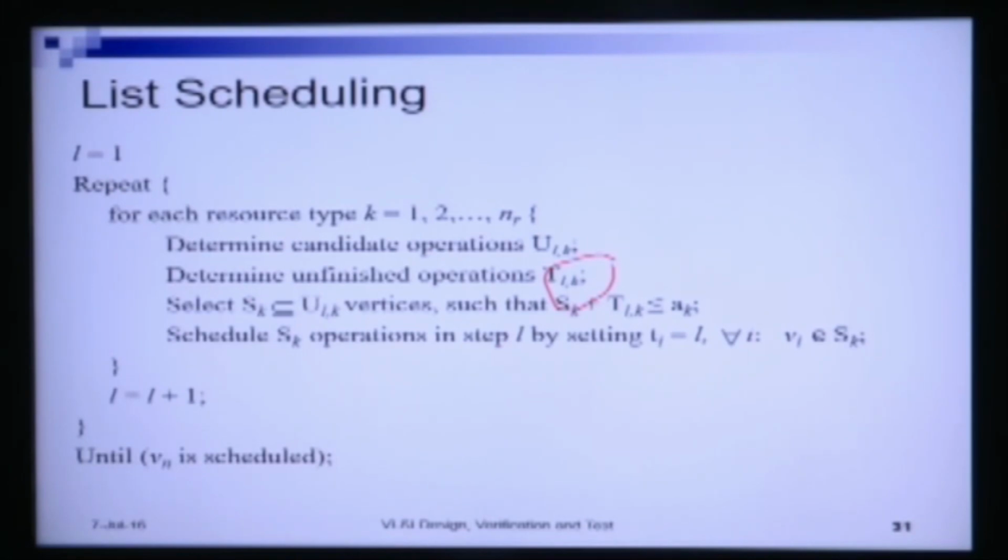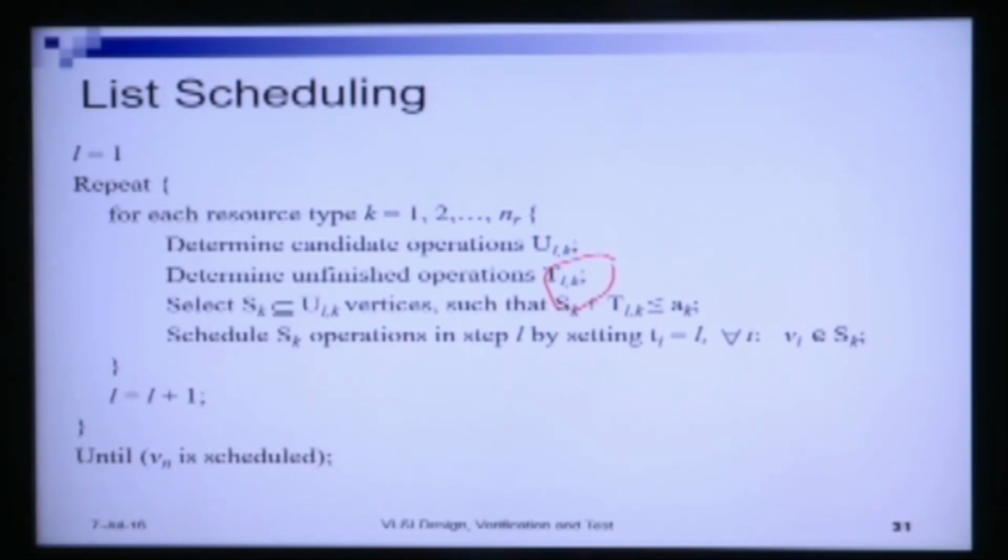The number of resources that I have of type K. TLK is the number of unfinished operations. Now, therefore, how many resources are in total available at this time? AK minus TLK. Now, I can choose less than equals to AK minus TLK resources to schedule the ready to schedule operations at time step L,